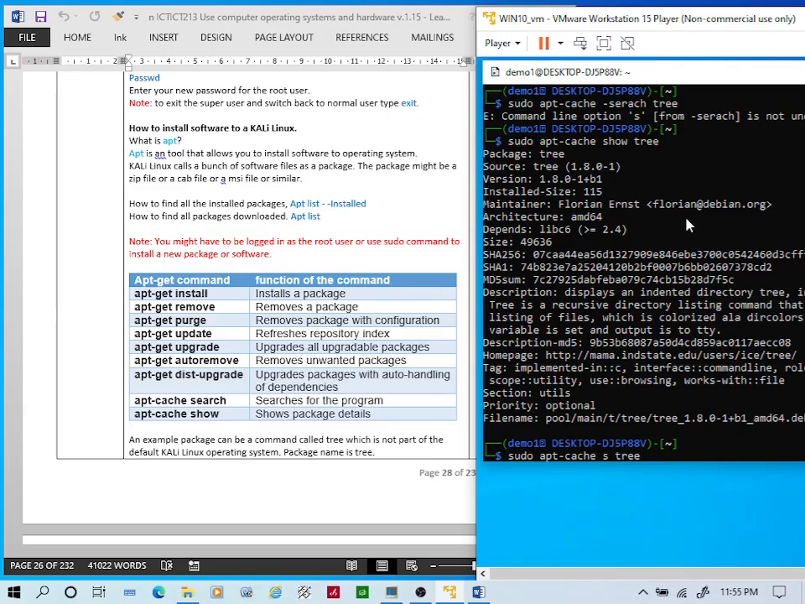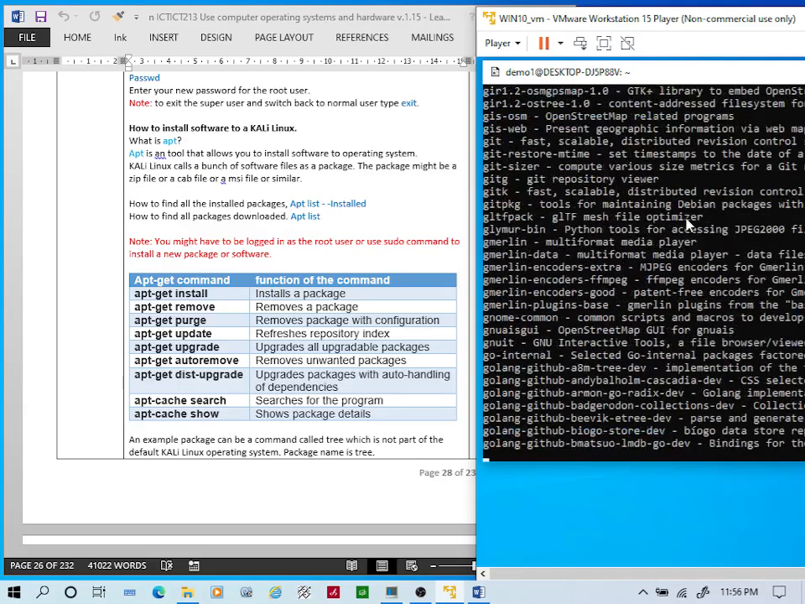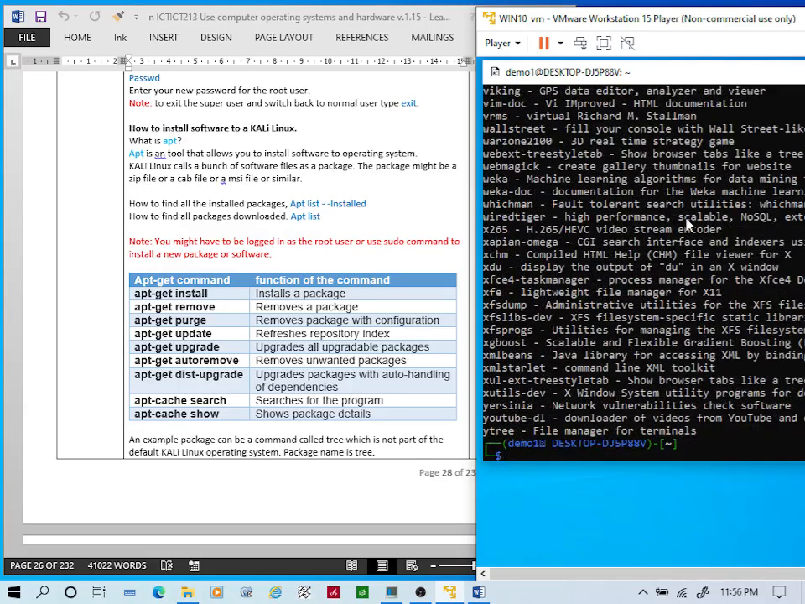About search, S-E-A-R-C-H, search. Well, there you go. Found all the files that have the word search in it. So there's no parameters or hyphens. It's just the word. But if we go apt-cache show,